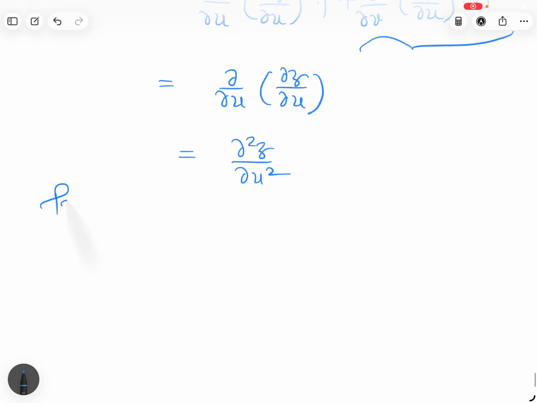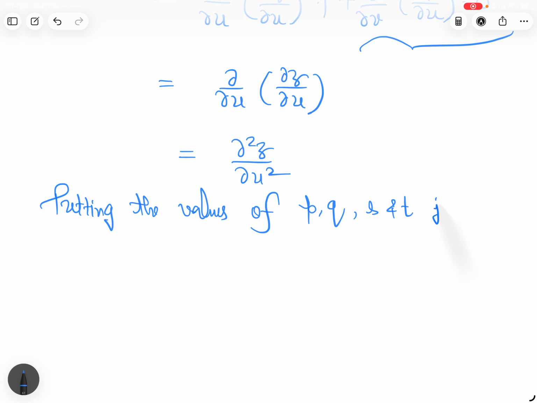Putting the values of P, Q, S and T just calculated in the given PD, we get,